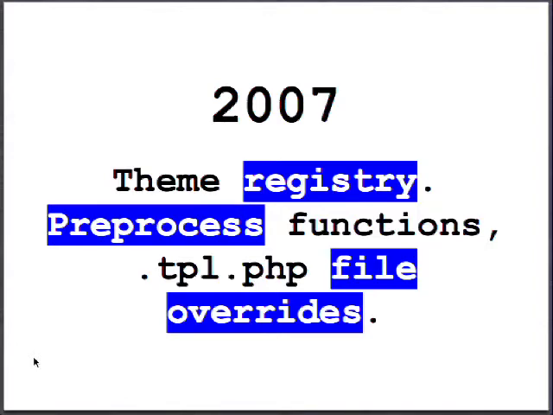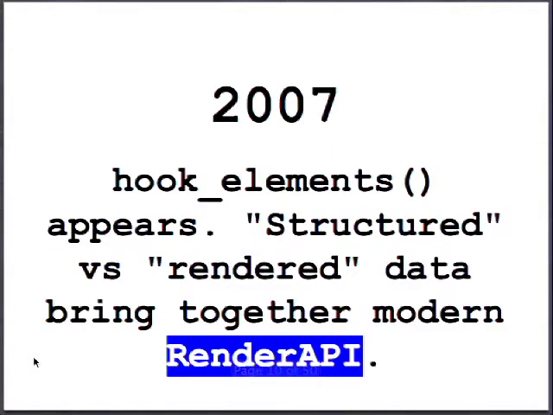We had preprocess functions in name. That's when they were finally called preprocess functions. And we had template file overrides. You could describe those yourself. Also in 2007, this has to do with